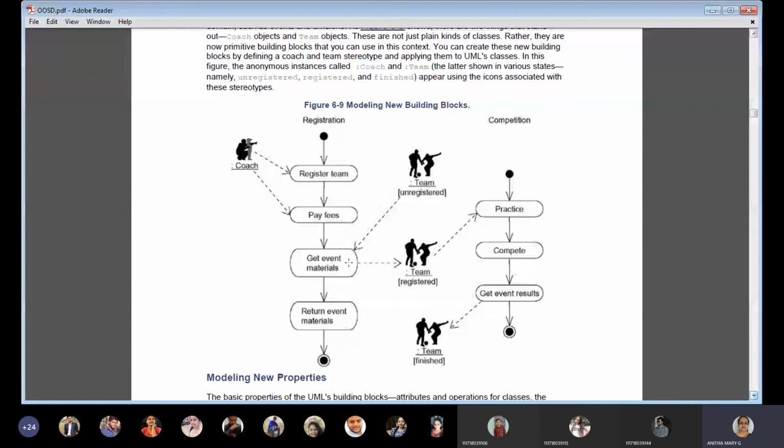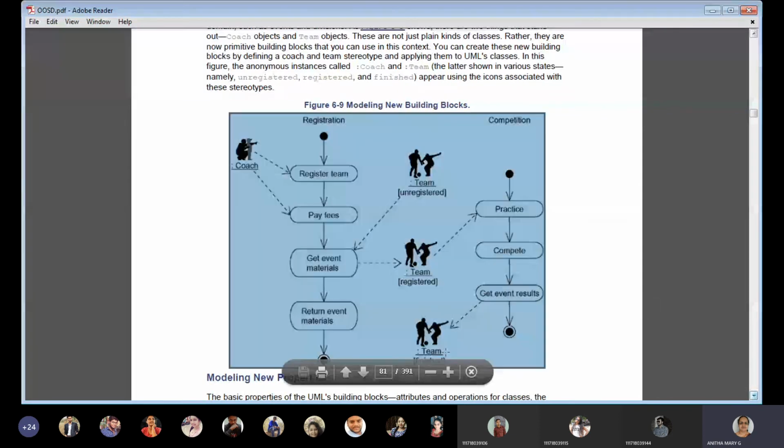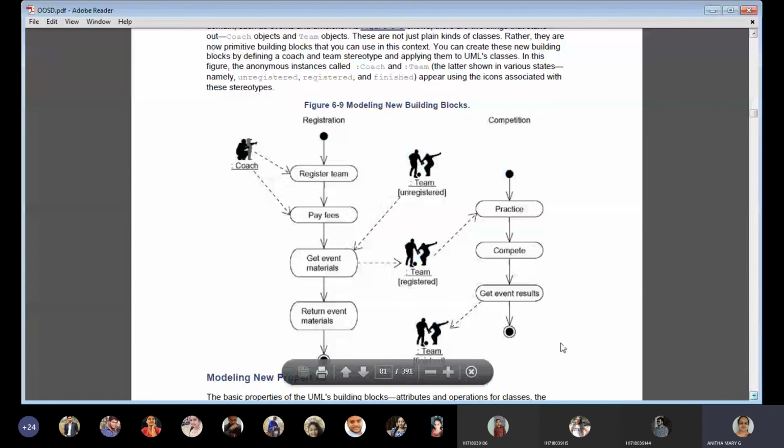First they get, then they get registered, then they practice, complete, and get event results, and the team is going to perform. So that's how it's related, and new building blocks can be shown. In this perspective the activity diagrams are not needed, but still they have given. For now, you just take it as modeling new building blocks means the stereotypes.